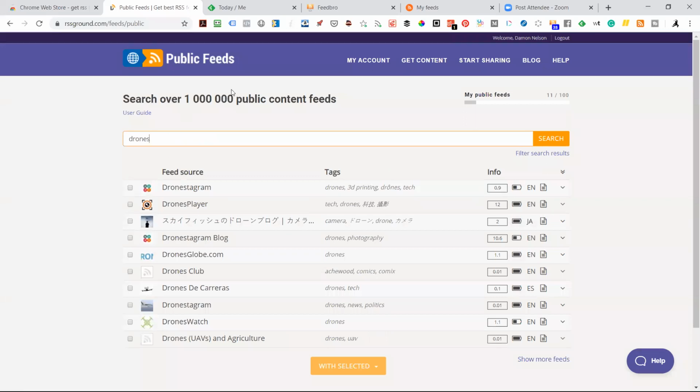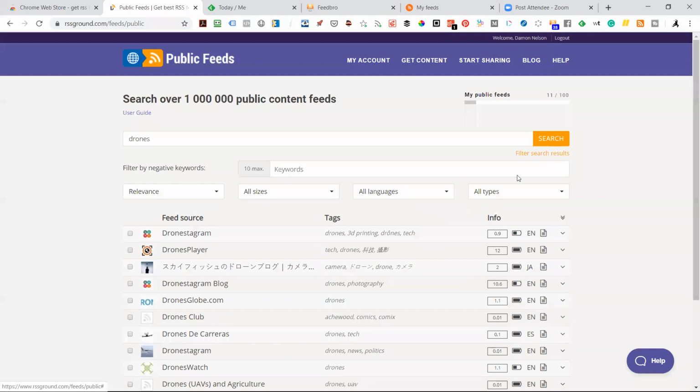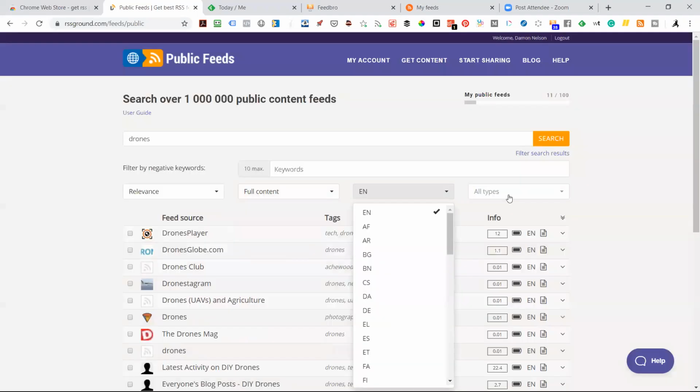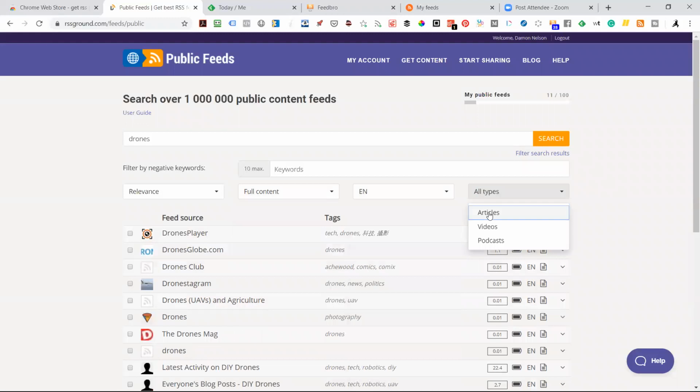Now, it's going to give me a whole bunch of feed sources. But what I want to do is filter the search results here. I'm going to go by relevance, all sizes. I want full content, not just partial content. I want English and I want articles. Okay, so now it's sorted by